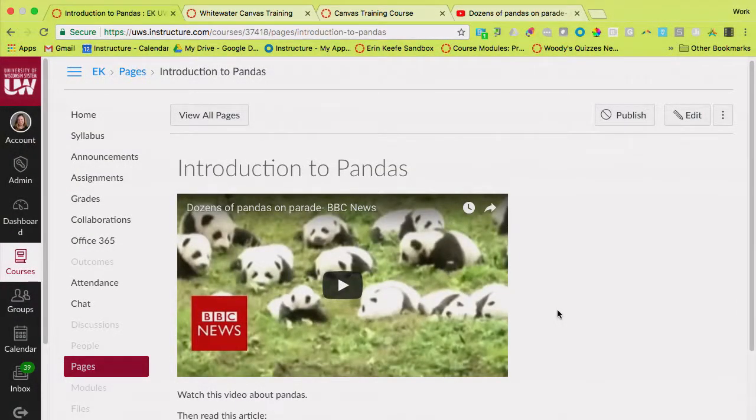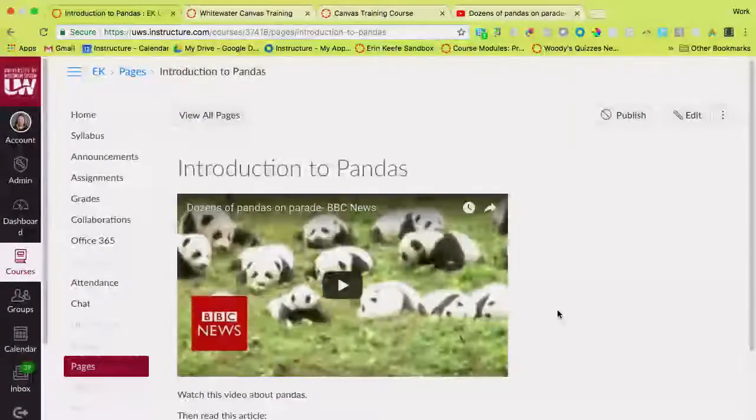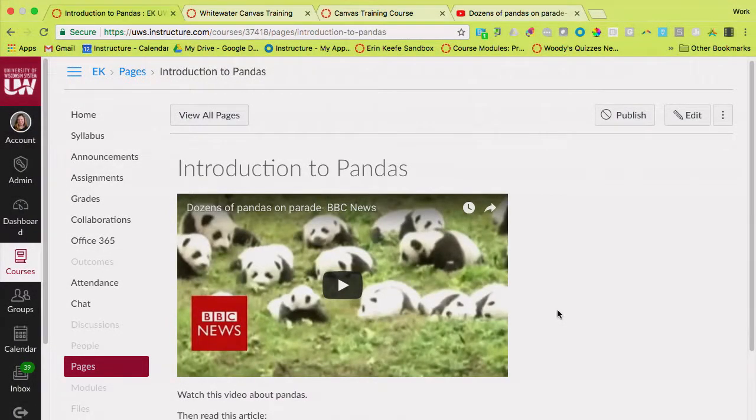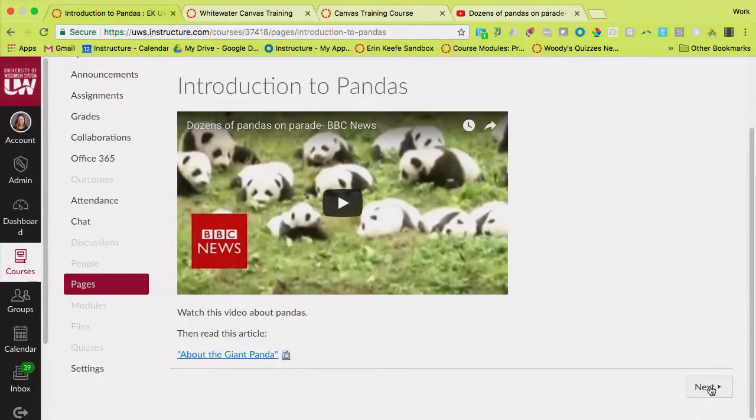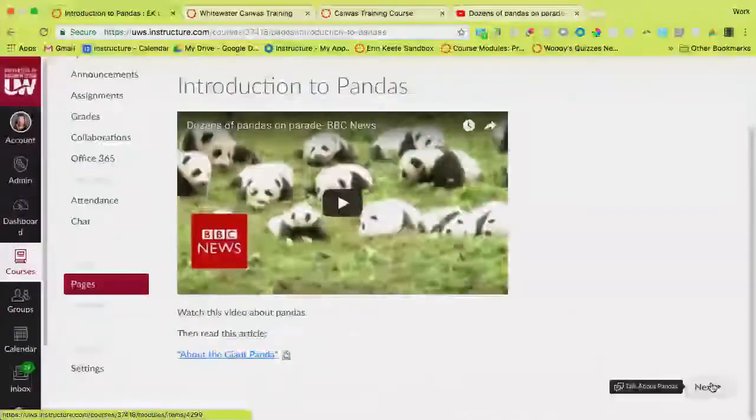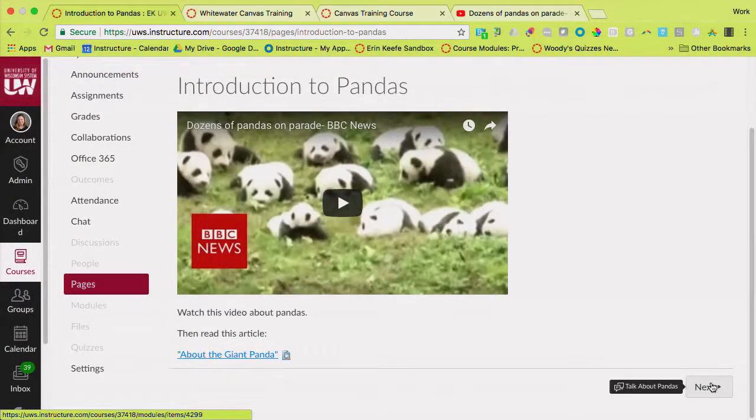So if you're ever building a page and you're like, you know what, this is a little bit long, don't be scared to go ahead and build a second page and just put that as the next thing in the module, because your module, remember, functions with those previous and next buttons. And so you could just click next if there was something else. Maybe I would want to move that article actually to a separate page so my students weren't having two things to do on there.